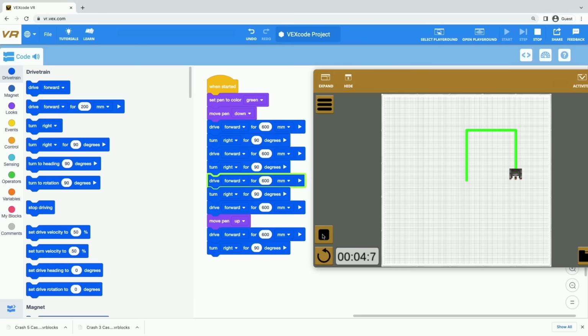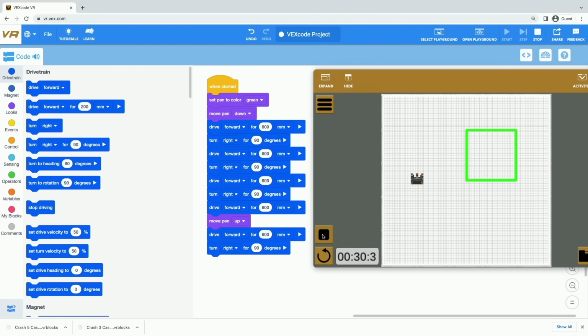As you can see, I'm testing my project as I go. I'm not trying to drag out all of the blocks to make both of these squares at one time. I'm doing one little chunk of coding at a time and then testing to see if the robot is behaving as I want it to behave. That is a much easier approach than trying to figure out where you made a mistake after you've gone ahead and coded a huge, long project. So that is what I recommend.